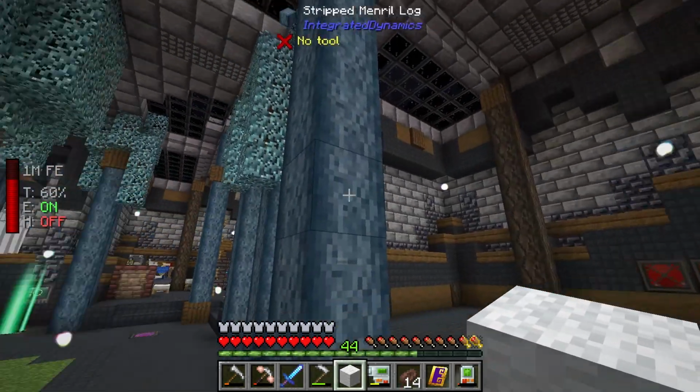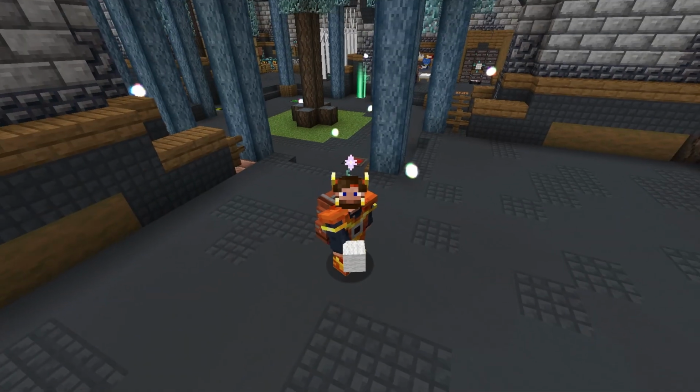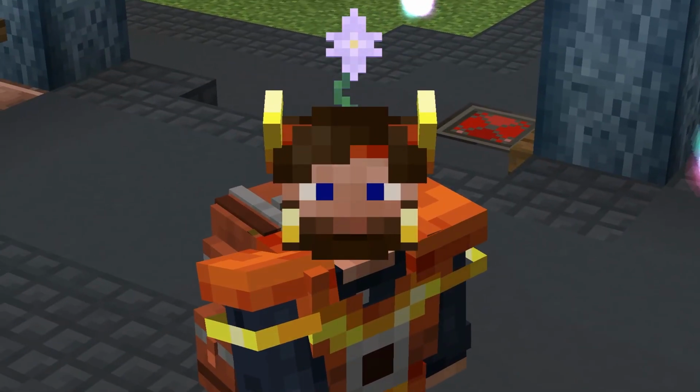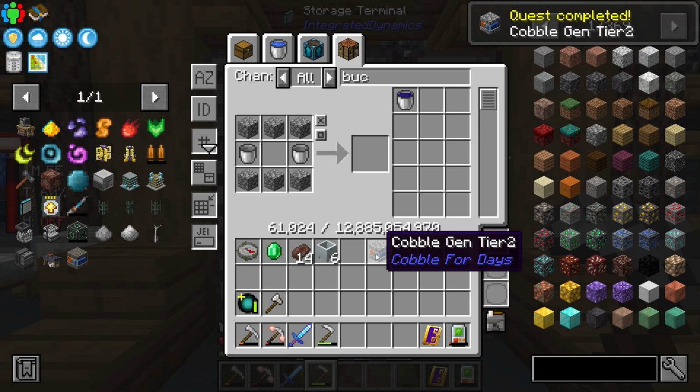Now, there is something else I would like to work on today. So with our base transforming, I'm thinking red side should be power. Yes, power. And speaking of power, we should probably get into, not the power mod, even though it is in here. I think we should get into thermal and start looking at dynamos and seeing if we can't generate some really, really nice power. For this project, I'm going to go with a tier 2 cobble gen, even though this